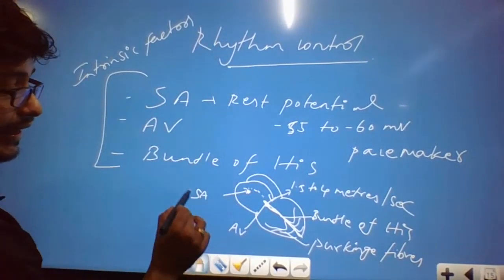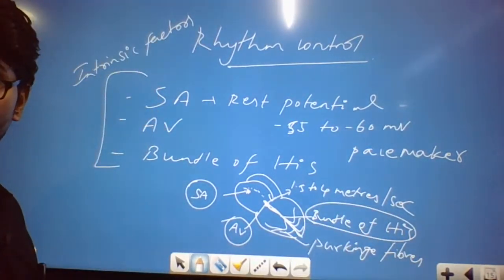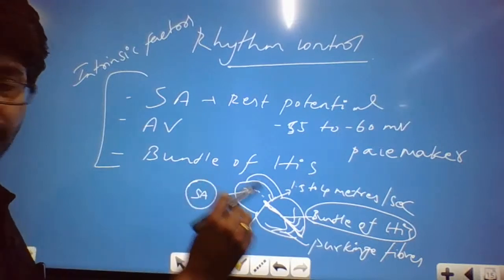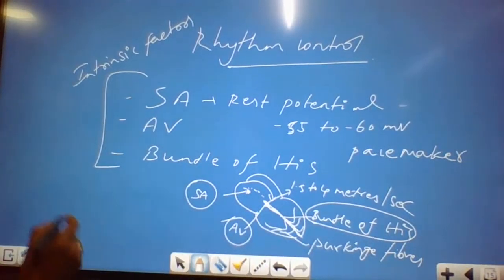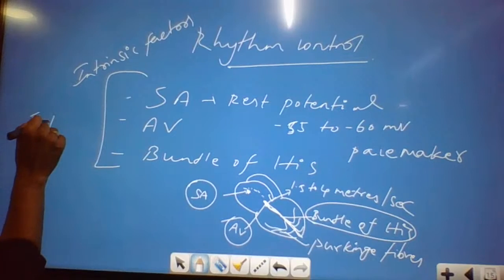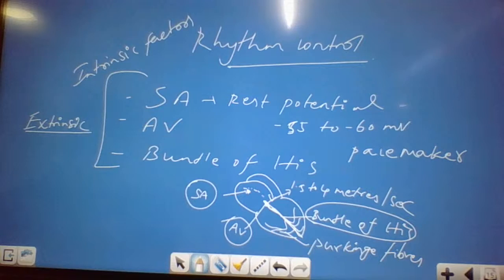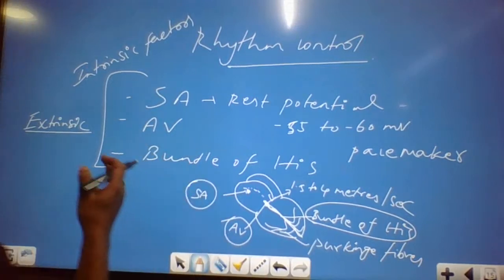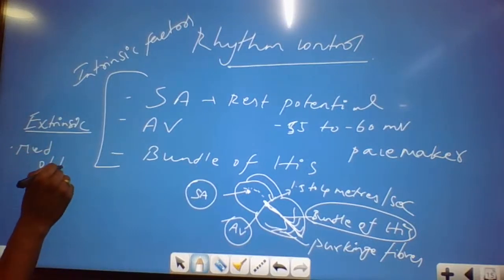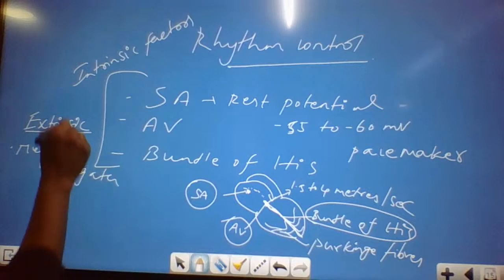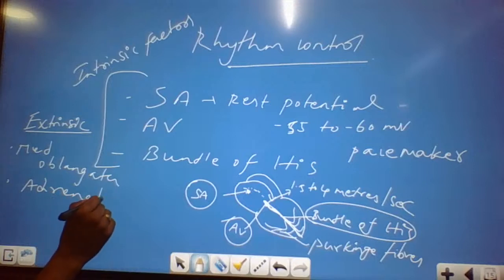But all three, the SA node, the AV node, and the bundle of His, are what we call the intrinsic factors. But there are other factors also, which we call extrinsic factors. Extrinsic factors indirectly also support your heart to have this rhythm and control. One is in the brain, the medulla oblongata. The medulla oblongata is an extrinsic factor, and the hormone adrenaline,